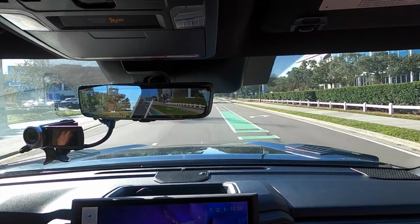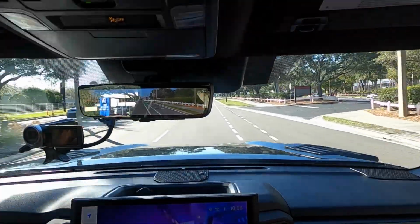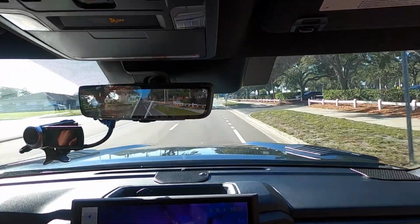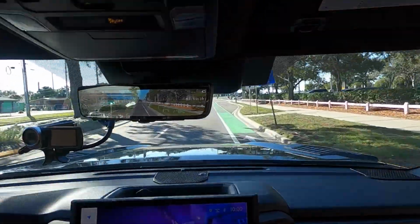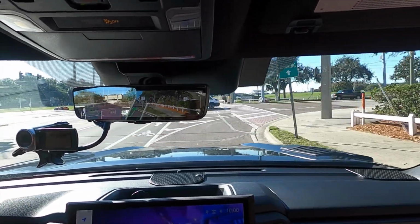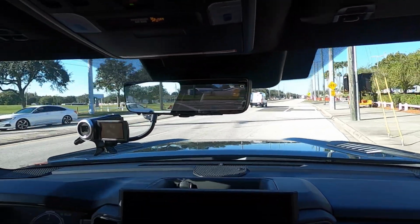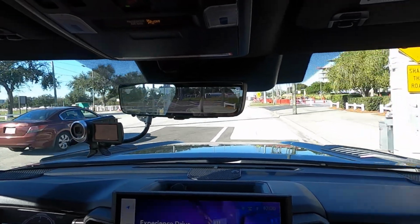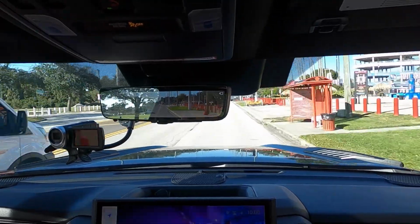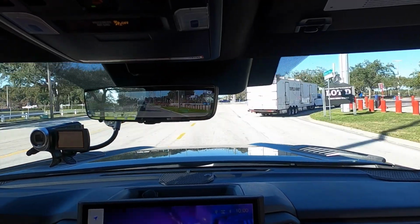Starting off with the pros, you get increased clearance, you get the skid plates underneath, you have the upgraded suspension. Overall, it's just a great package to have. If I was optioning the Platinum, I probably would tick the box for the TRD off-road, so I would have some of these capabilities. On the con, you do lose around 500 pounds of towing when you go to a four-wheel drive variant. But the pro,